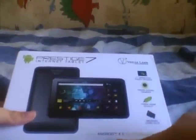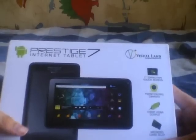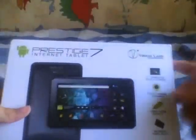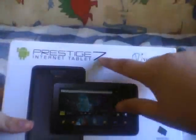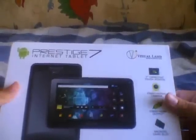It does feature Android 4.0 Ice Cream Sandwich, which wins, in my opinion, for having the best name for an operating system ever. So, yeah, let's look at the box. Prestige Internet Tablet. It says it again. Oh, this comes in two sizes. This is the 7-inch. Unrelated to the 7. It also comes in a 9-inch variant, which is still called the Prestige 7. I don't know why, but...